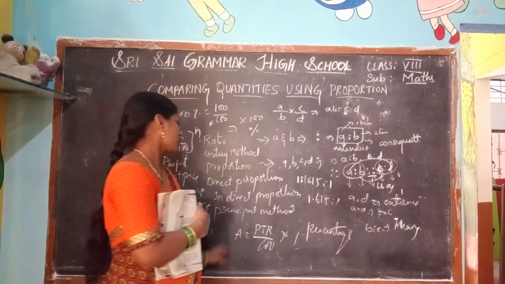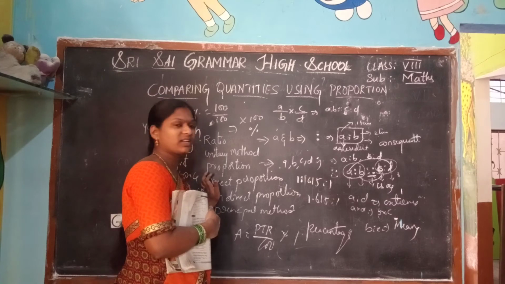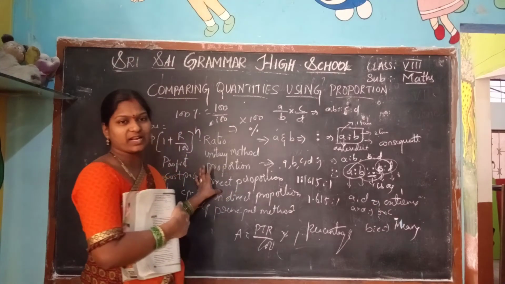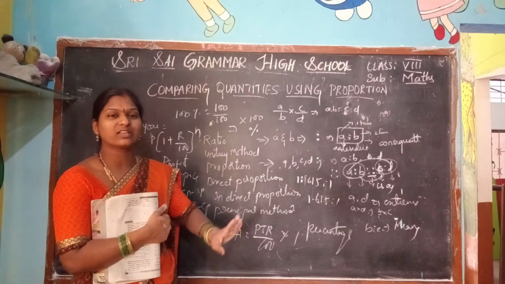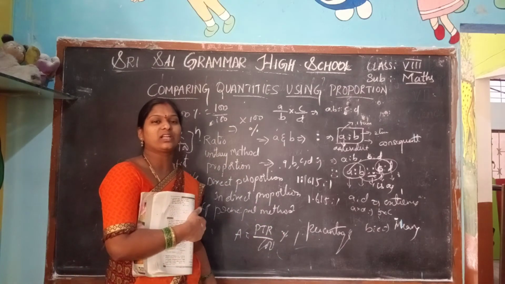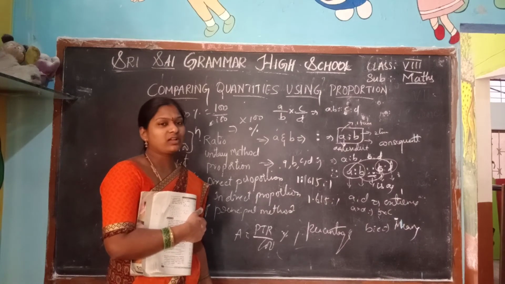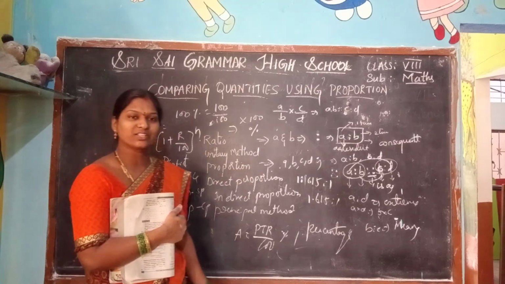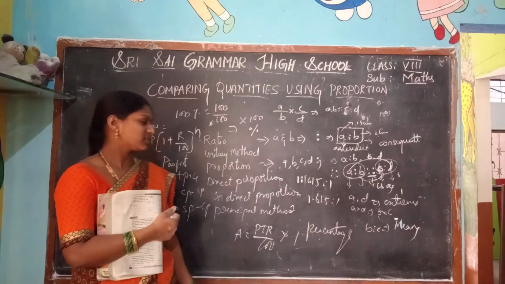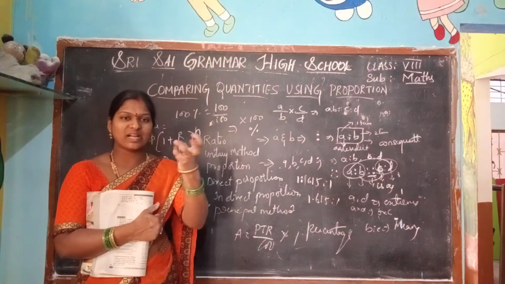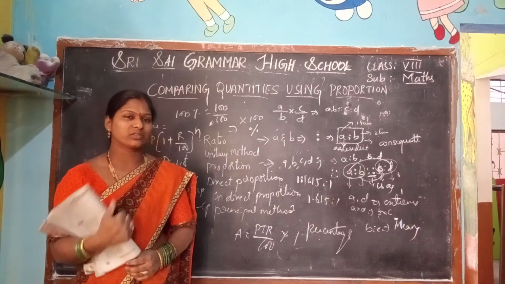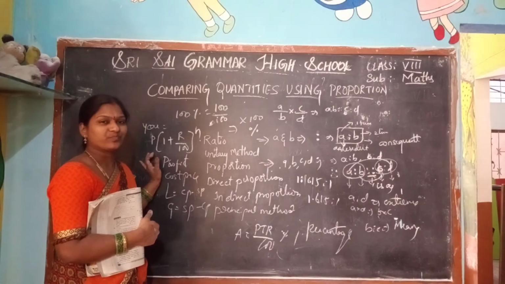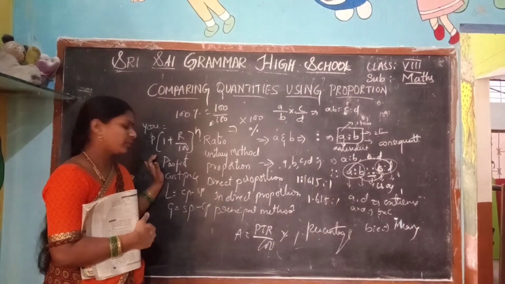Also in direct proportion and indirect proportion, how the quantities are going to be applied, and how the cost is going to be increased and how the quantity is going to be increased. Direct and indirect are also used in the compound ratio. And we are going to estimate the percentage of a given amount also. And we are going to see the profit, loss, gain, and also selling price, cost price.